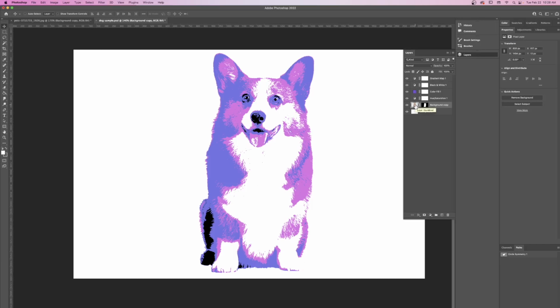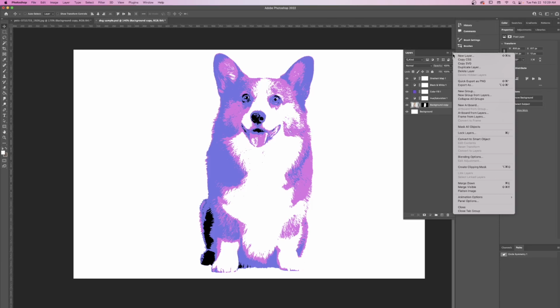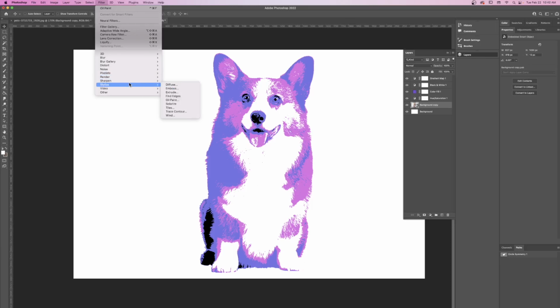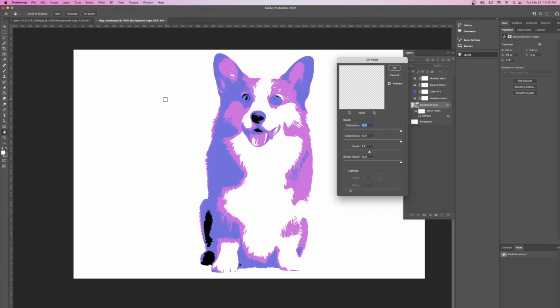Okay, now I'm gonna go back down here and I'm gonna come here and convert this into a smart object. You don't have to, but it just makes everything easier. All right, and the one filter we're gonna really use right now to take us over the top is the oil paint filter. And as you see, instantly,